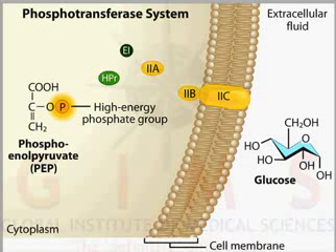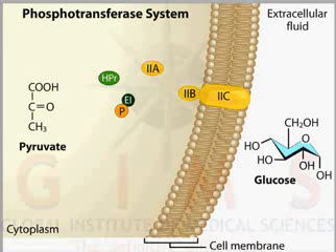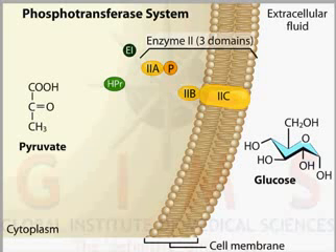In this system, the phosphate group of PEP is transferred to the cytoplasmic enzyme called enzyme 1. In turn, enzyme 1 transfers the high energy phosphate group to a histidine-rich protein called HPr. HPr then passes the phosphate group to the transport protein designated as enzyme 2, which consists of three domains A,